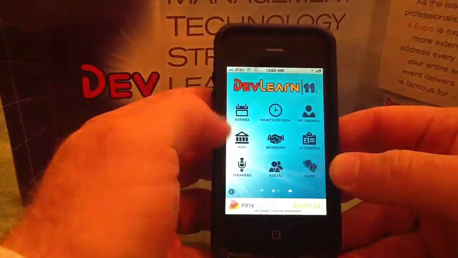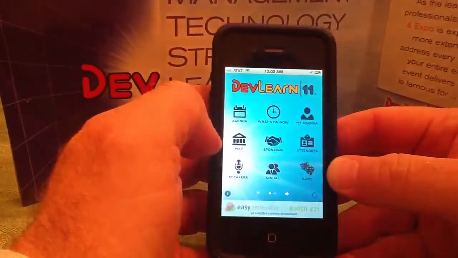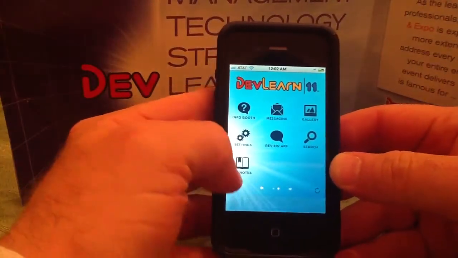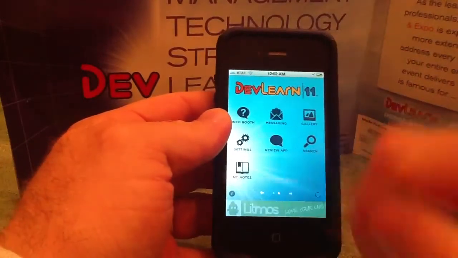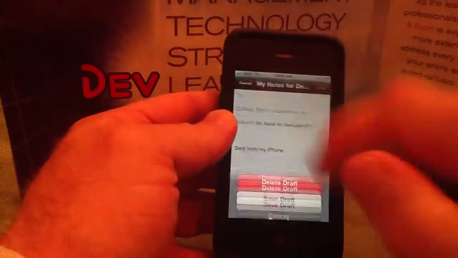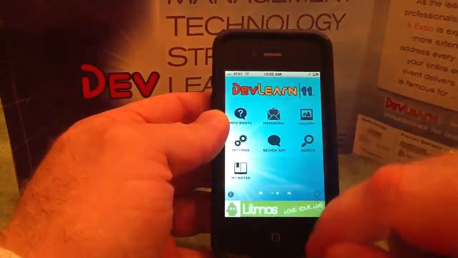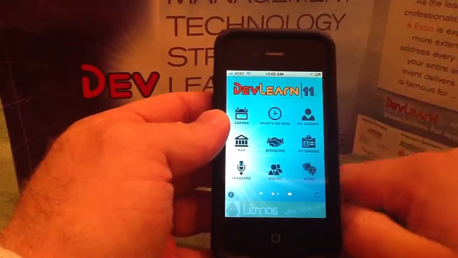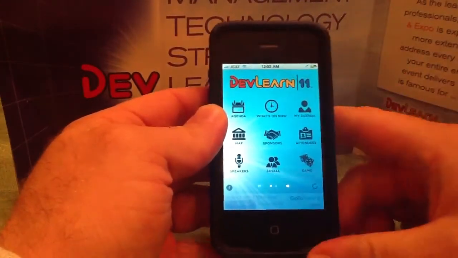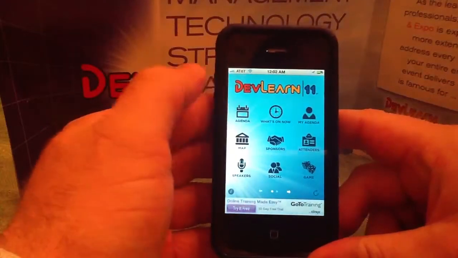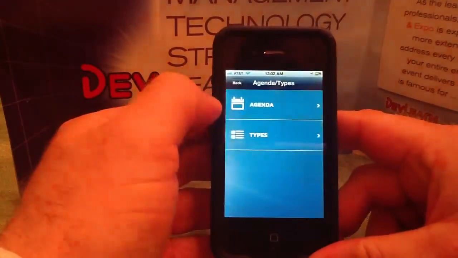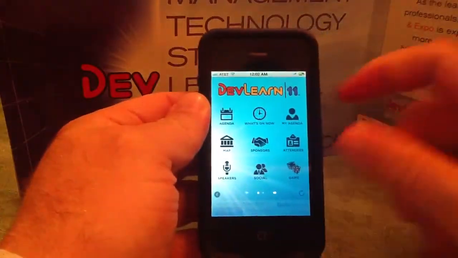And then you also have a great option in here called My Notes. My Notes is going to bring up any notes that you might have and be able to send you all the notes. You can actually use the app itself to capture all your notes, and I'll just give you a brief demo of how that works. So if I'm in the agenda here, or more likely I'm going to be in my agenda,